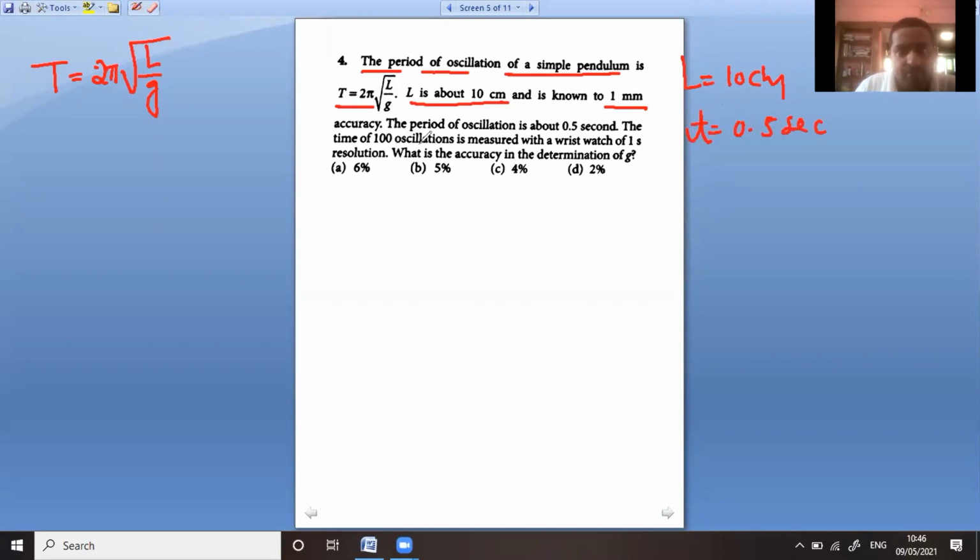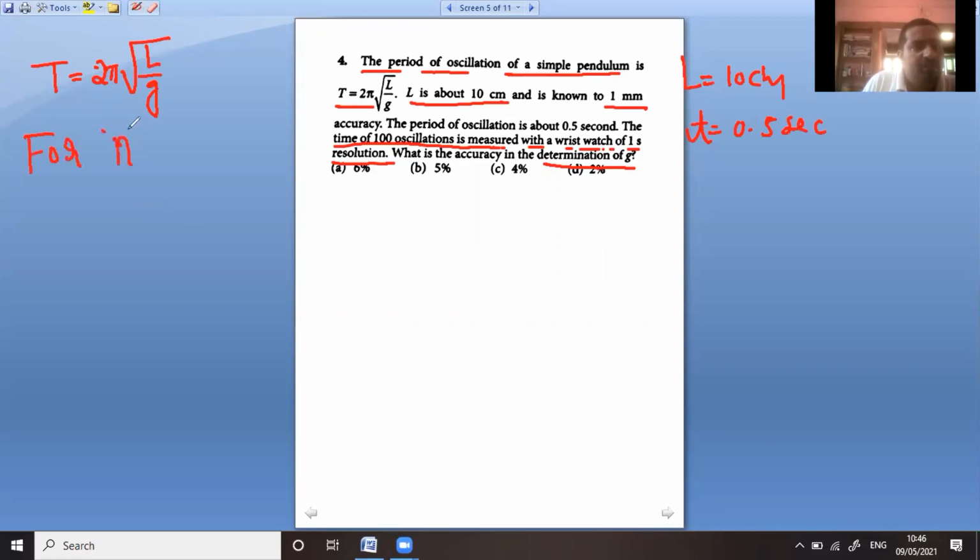The time for 100 oscillations is measured with a watch of 1 second resolution. So what is the accuracy in the determination of g? Okay, so what is the accuracy in the measurement of g? So now the problem is a simple pendulum oscillation. For the nth oscillation,